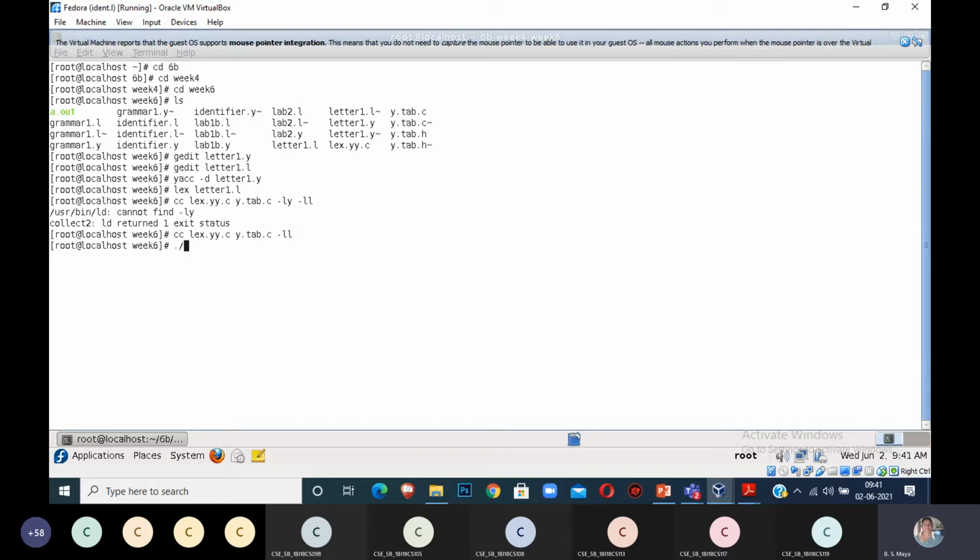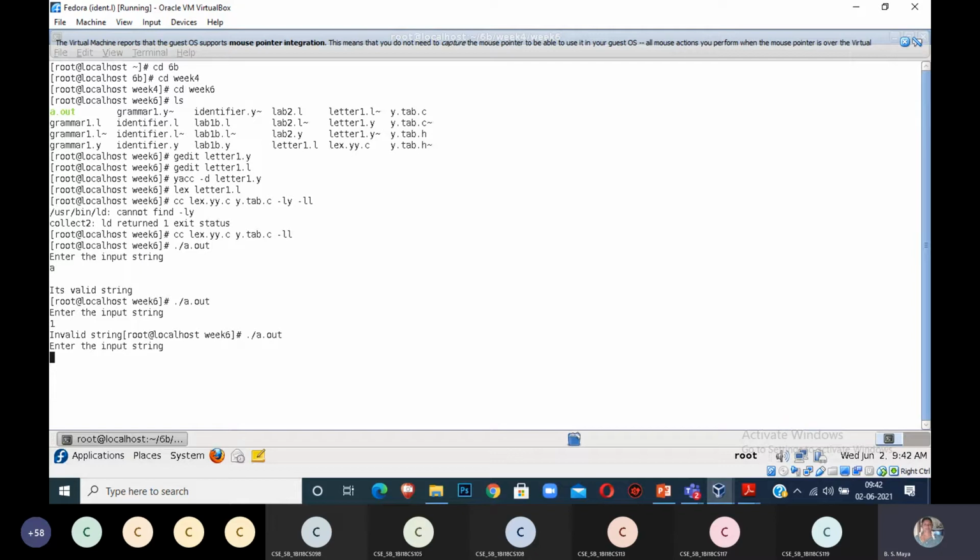Then we go for ./a.out. Let me give input as A. After that, to get the output, press Ctrl D. It will terminate the loop and give the valid string. If you give a number like 1, it is not matching alpha because I wrote only A to Z, so it says invalid string.